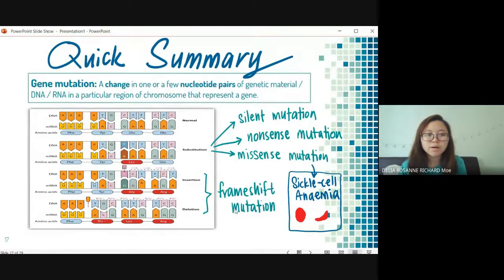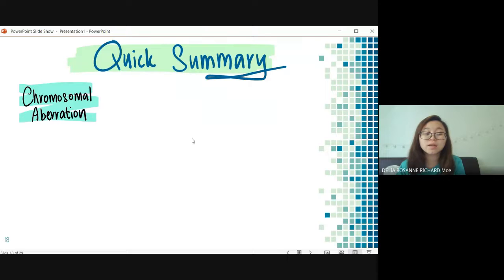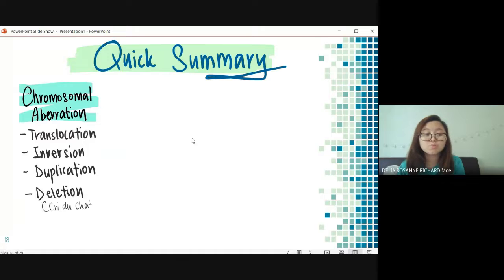Make sure you remember how these work. If you're still confused about this, or you forget already, feel free to ask question or do more exercise about this. Okay, ini 7.2. Lepas tu kita pergi kepada 7.3. 7.3 is about chromosomal mutation. Chromosomal mutation kita bahagikan kepada chromosomal aberration, which is changes in the structure of the chromosome, and there are 4 types. And we also learn about chromosomal number alteration,